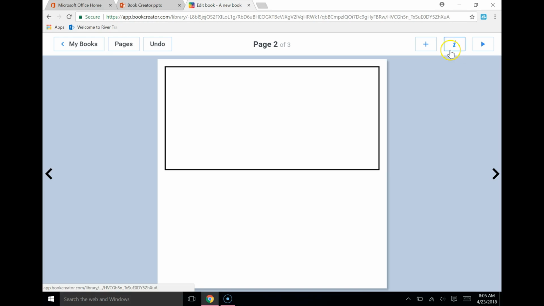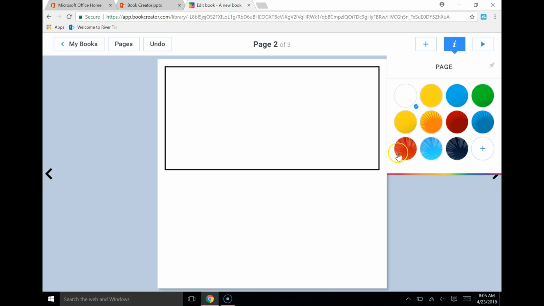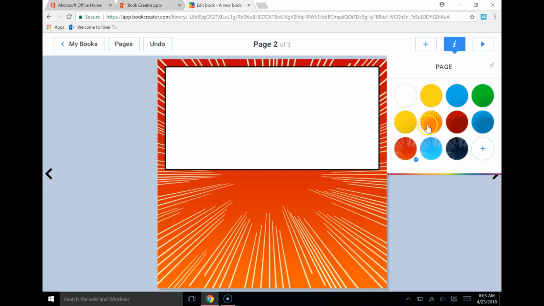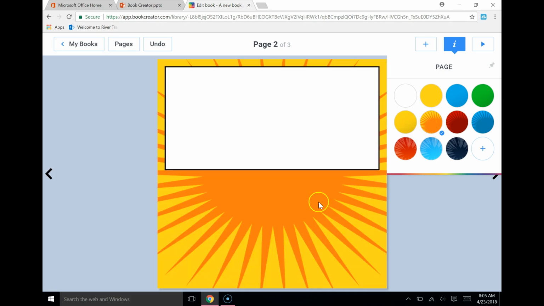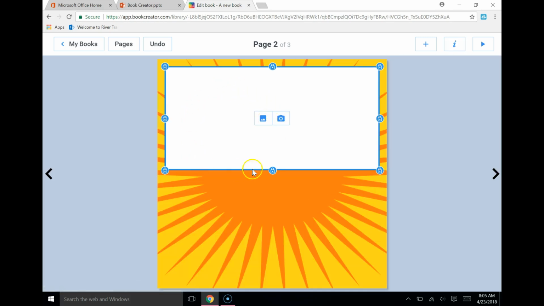So I'm going to click on that page right now and give my page a background again. Let's go with a different theme. Okay, so now let's talk about inserting pictures or video. If I wanted to insert a picture on this page, there are several ways that I could do that. I could select the camera option,